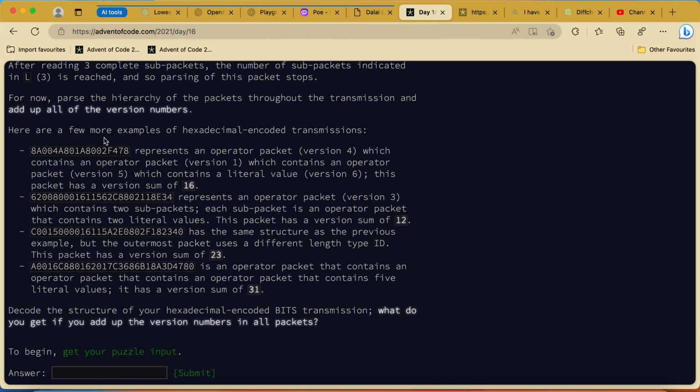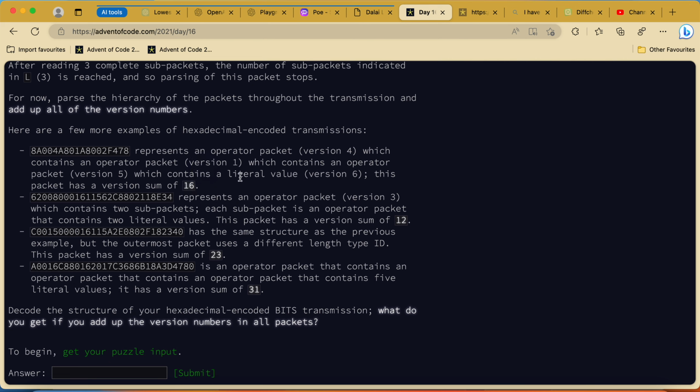Here is an example, a few more examples of hexadecimal encoded transmissions. The sums are 16, 12, 23. Okay, I need simply to get this 8, 6, and so on.